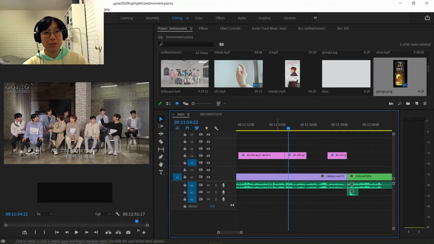Everybody! Today I'm going to be showing you what keyboard shortcuts I use in Premiere to help my workflow go a little bit faster. Learning shortcuts can be kind of overwhelming because there's so many of them and you don't know what to learn first and what you really need.